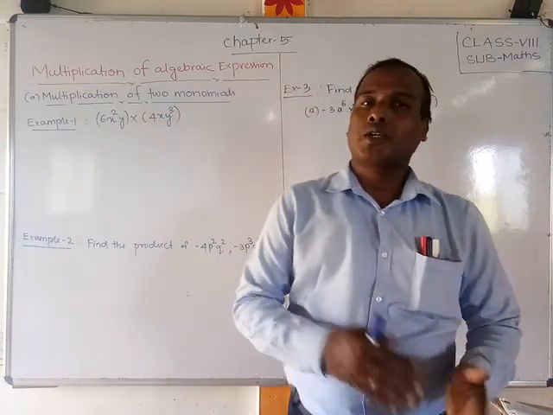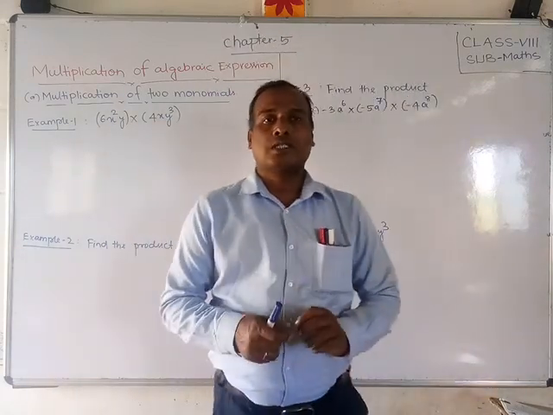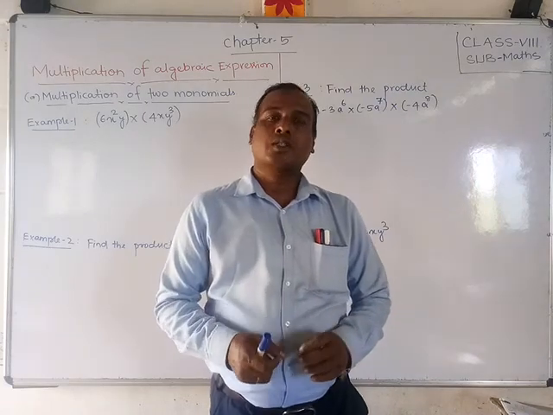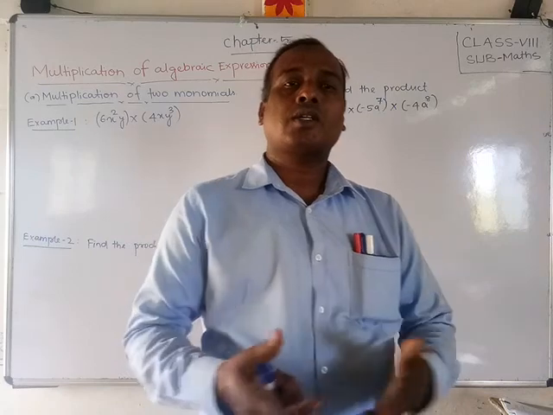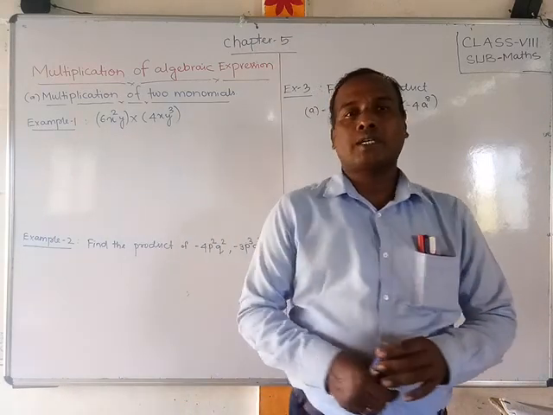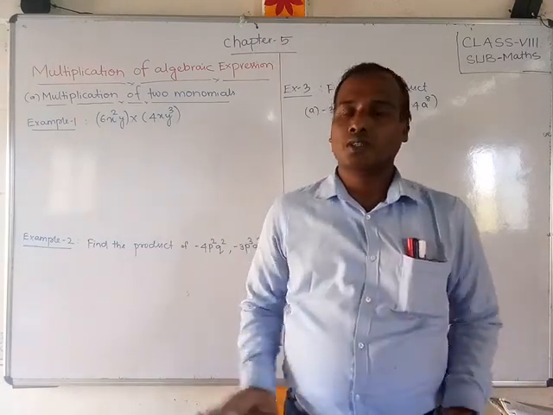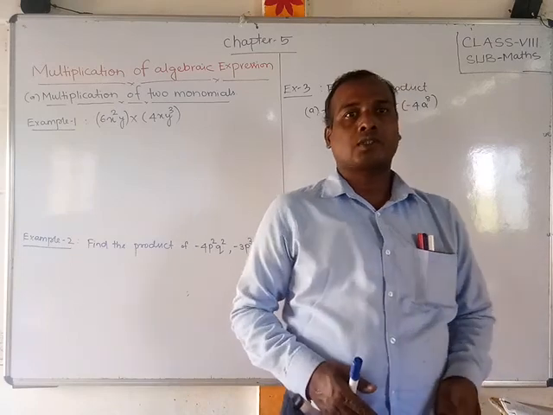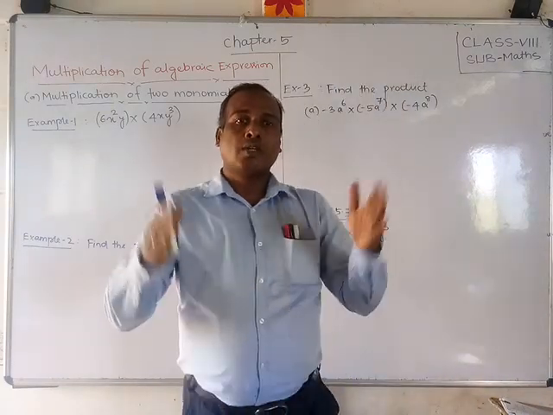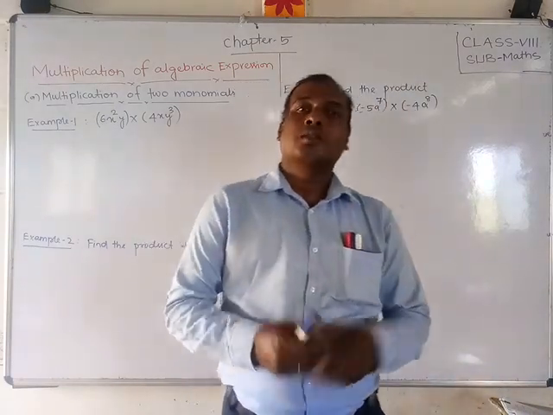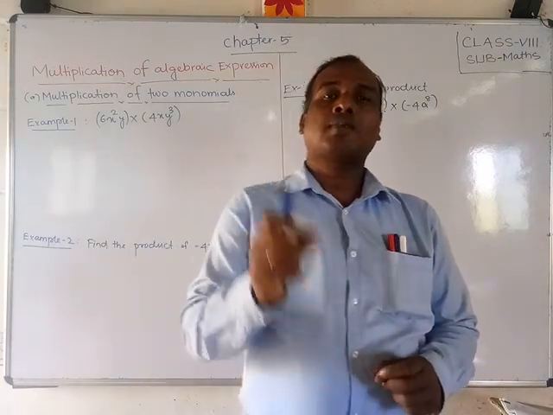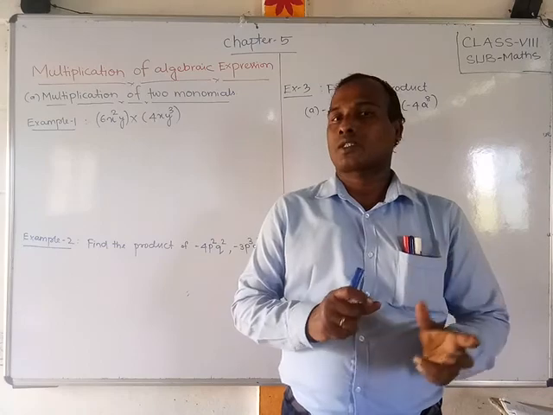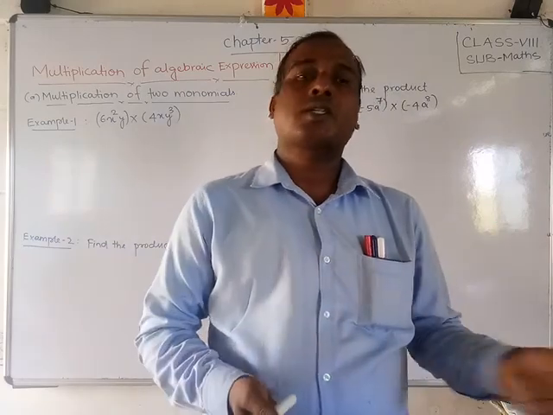In the previous video we already studied addition and subtraction of algebraic expressions. One thing I will inform you: while doing addition and subtraction you can use different methods, one is the column method and another is the row method. While doing the column method, you have to look at like terms. Like terms means the same variables and terms, which you studied in the 7th class.